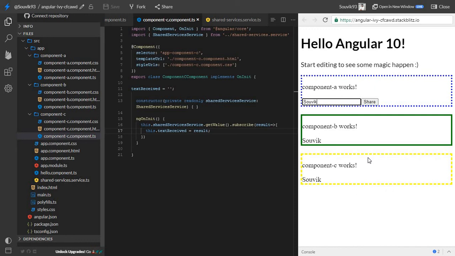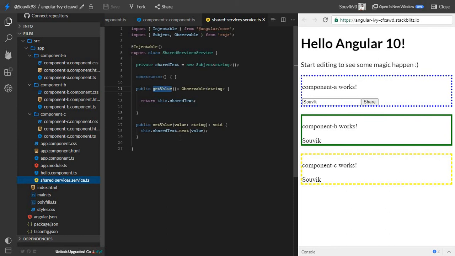So basically it's multicasted. So we have one subject, this is where we defined it. This is the single subject, and we are just multicasting that value to different components, right? In this case, we are doing it for two components. So this is a simple example to share a string. You can even share a Boolean value, number, basically anything. You can share an object also, right? So this is the way you can share data between sibling components, right? So this is another way of doing component interaction.